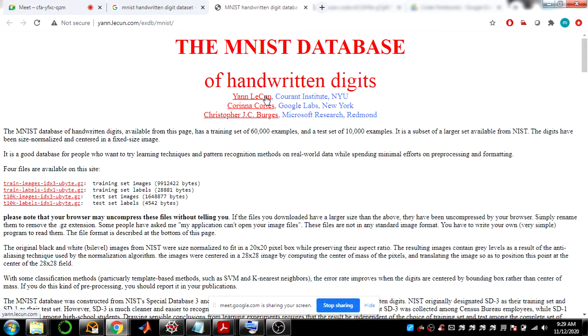He works as a lecturer at New York University, NYU, and also works with various companies like Facebook. He has provided this database because collecting data in machine learning or deep learning is very critical, and you need to spend a lot of time collecting it. But we already have the data ready, and we will train on this training set using a convolutional neural network to classify the handwritten digits.